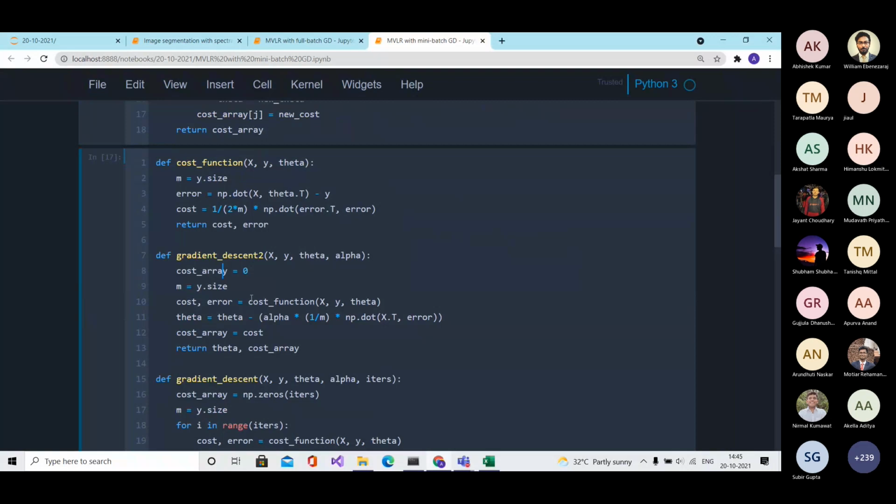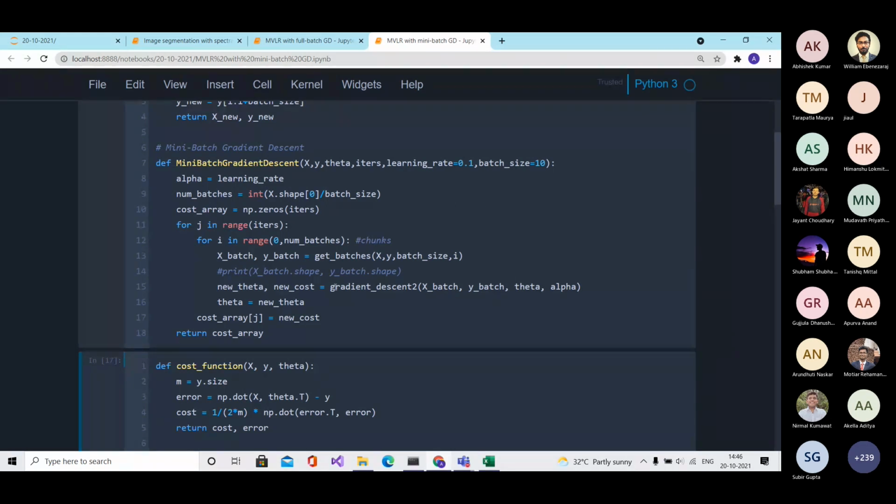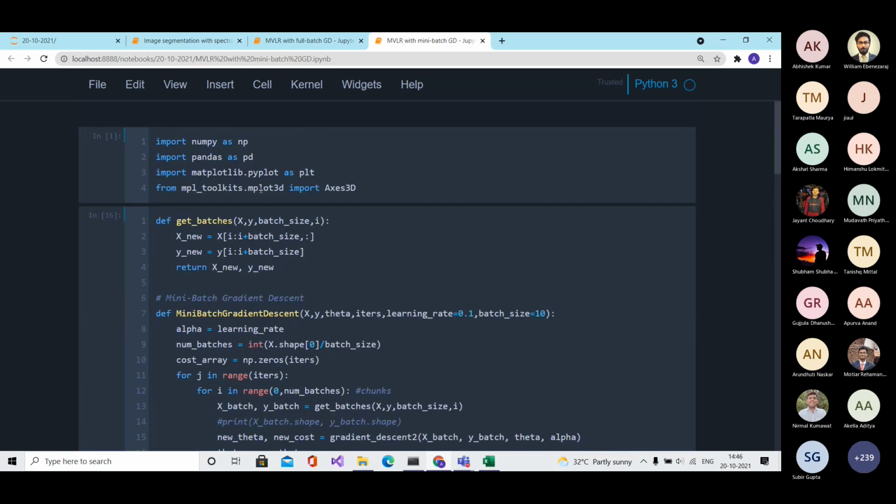So for that, you find the error and then you update your parameters. For each particular chunk, you do that. And you repeat this entire procedure for the mentioned number of iterations. Let's just try it.